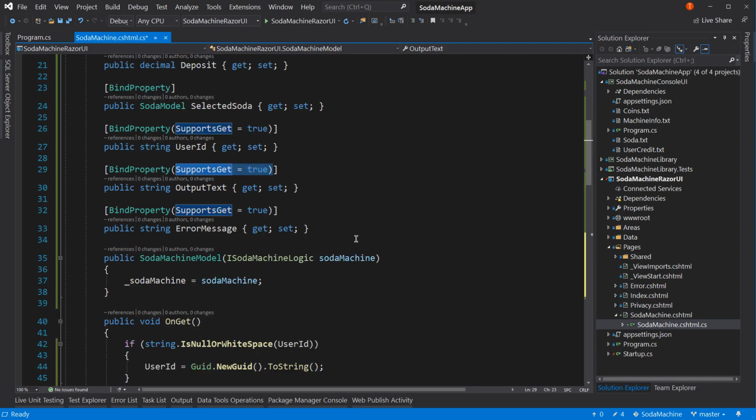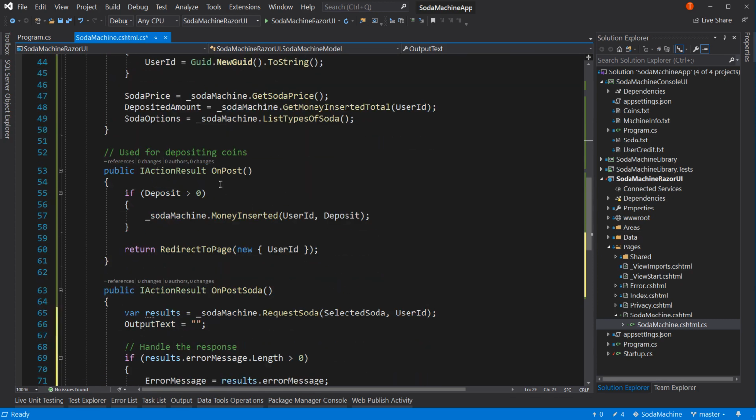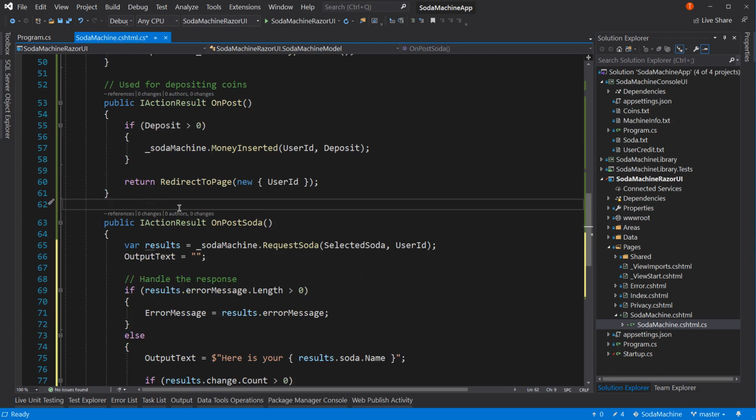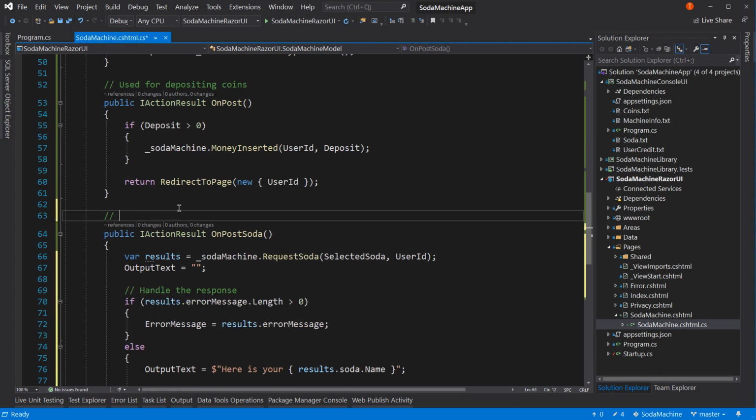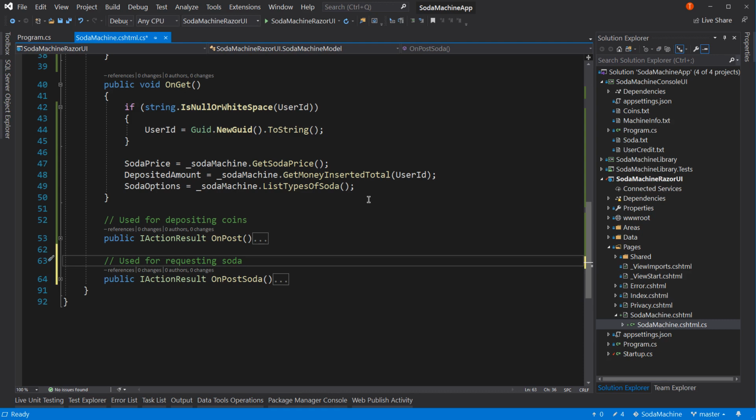Okay, so with all of this, we now have an on post for our depositing coins, and an on post used for requesting soda. So you have those two posts, but we are missing one. And I think this is the only one we're missing, and that is if the user decides they want to